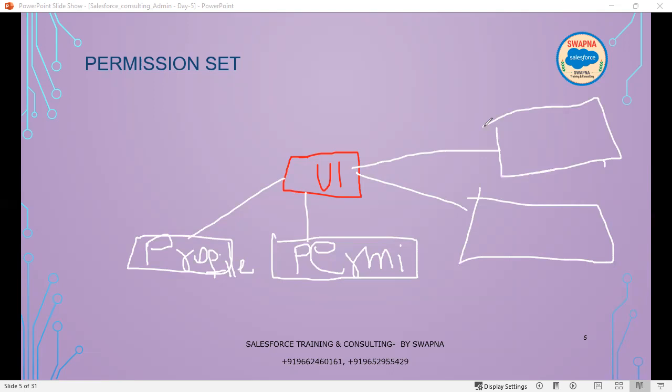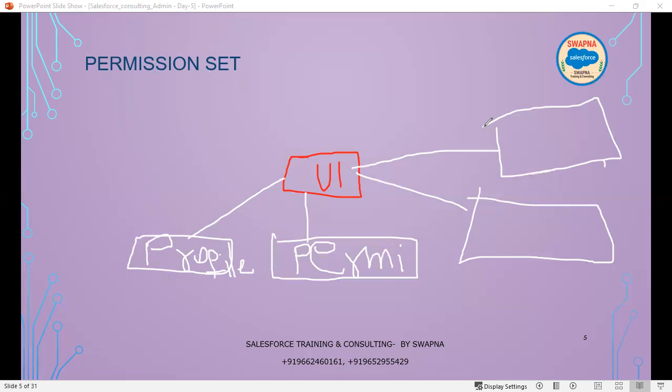Tomorrow, if they come up, the concept Salesforce suggests is to create one profile and go for a permission set. Now today they will say, okay, I need a few more access. The team lead already has one permission set, but now I need a few more permissions. Then I can simply create another permission set. So Salesforce doesn't suggest you to modify the profile. Salesforce doesn't suggest you to create a new profile or